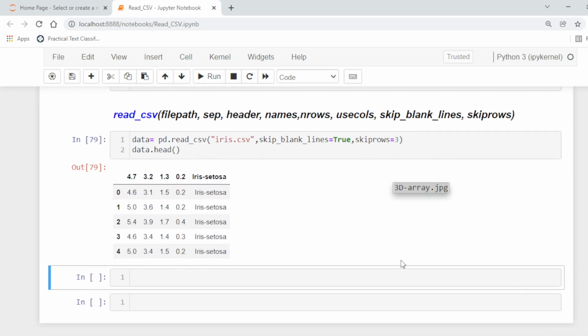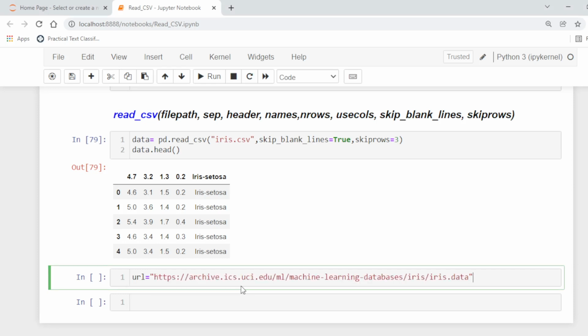In the same way, if your data is stored over the net, you can read it using the URL. For example, the URL for the above data, let's say we want to read the above iris data from the UCI website.